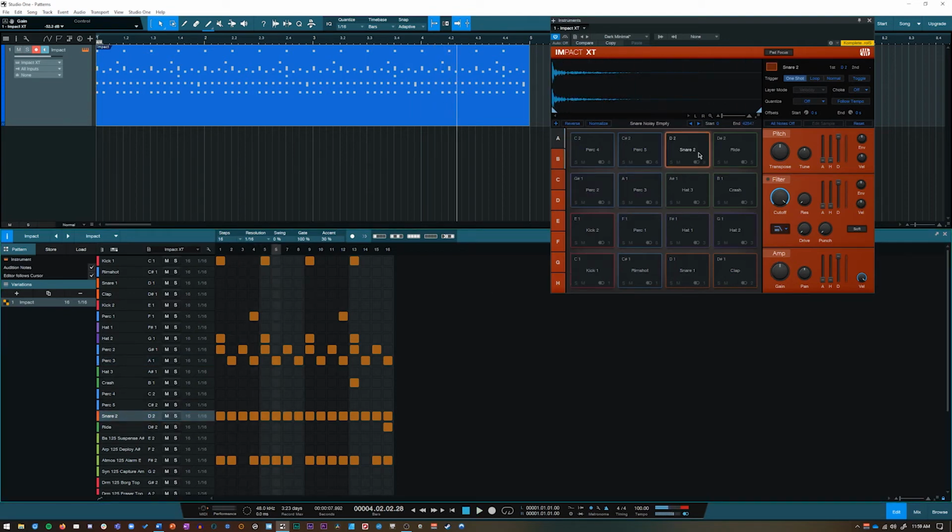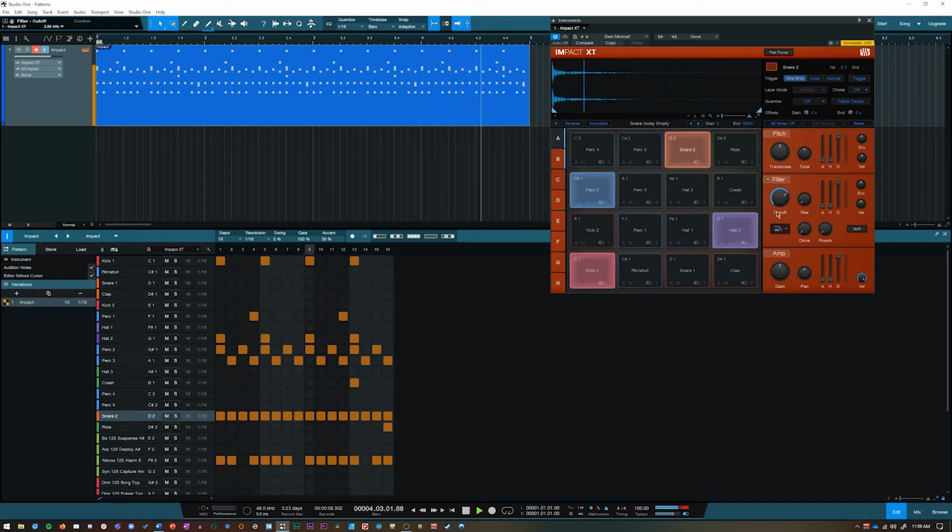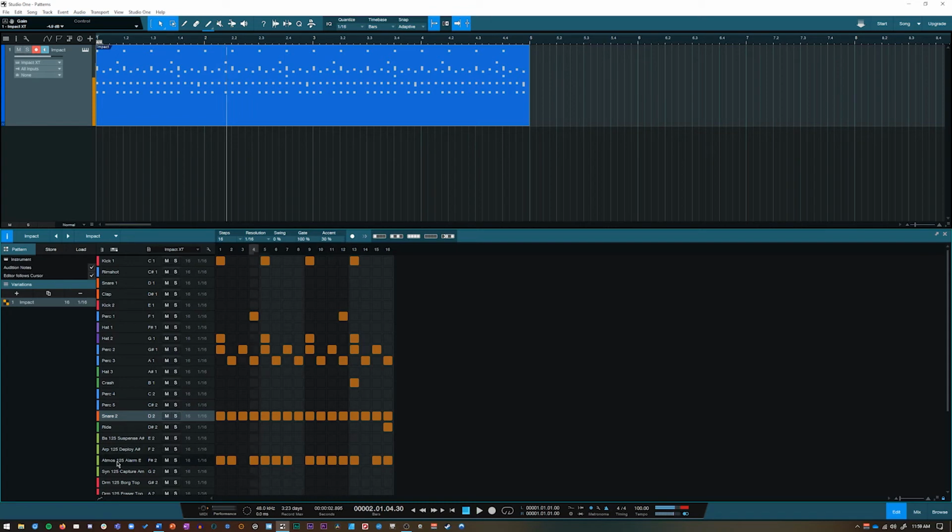And this snare is also a little hot. Let's filter this. You know, that's actually sounding kind of cool. That's kind of cool. All right, so we have shown how we can quickly add some elements here, and I